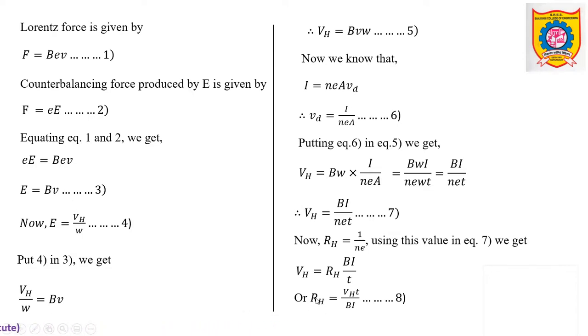As this RH is constant, it means you have to balance this LHS. So in order to balance that on RHS, if you increase this denominator, what should happen? Numerator should increase, so that this ratio will always remain constant. Now T is already constant, so ultimately if we increase I, what will happen to VH? VH will also increase. This means that VH is directly proportional to I.